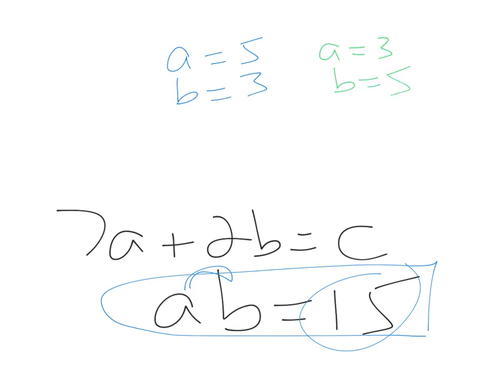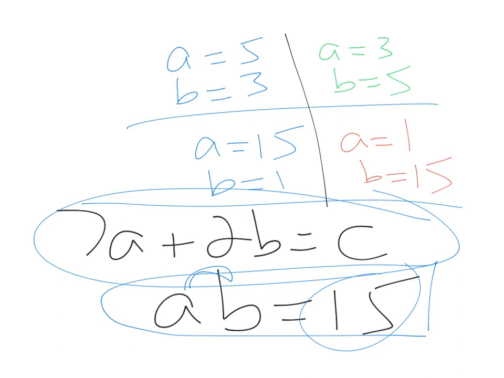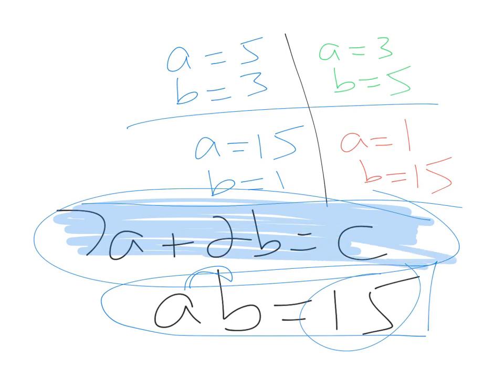I also know that a could be 15 and b could be 1, because 15 times 1 is 15. And I know that a could be 1 and b could be 15 because 1 times 15 is 15. So these are basically your 4 nice looking choices for a and b. But now you know c equals 7a plus 2b. So if I take each of these possibilities, plug in a and b, and simplify this expression, that'll tell me